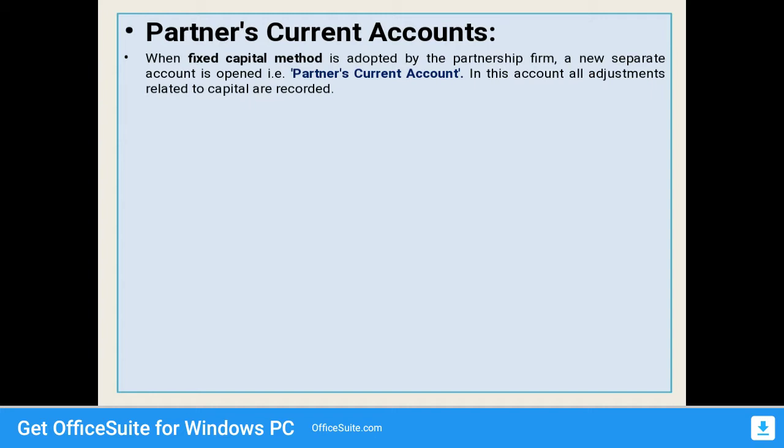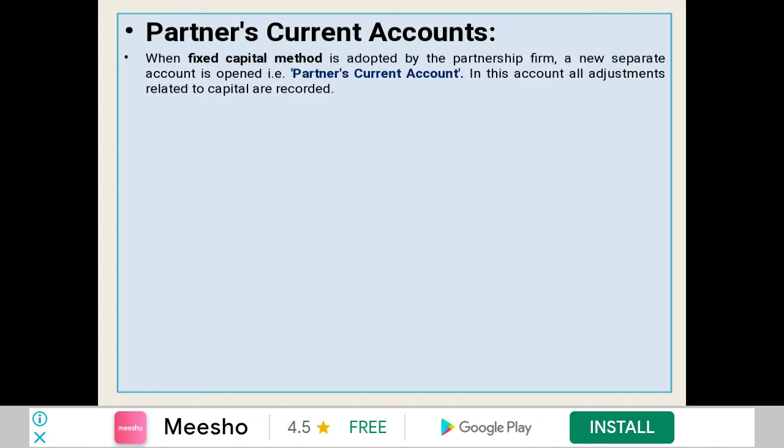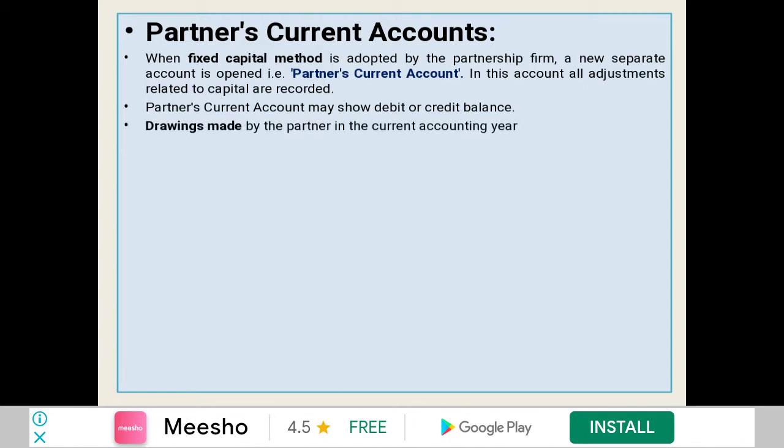When the fixed capital method is adopted by the partnership firm, a new separate account is opened, the partner's current account. In this account, all adjustments related to capital are recorded. The partner's current account may show a debit or credit balance. Drawings made by the partner in the current accounting year, goods or any asset taken over by the partner,